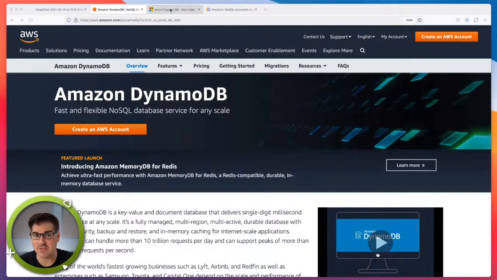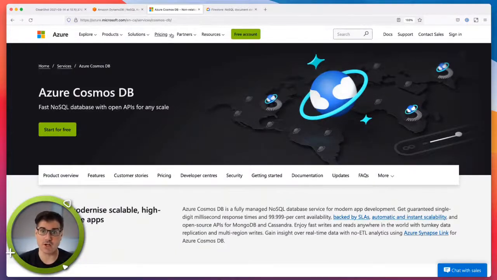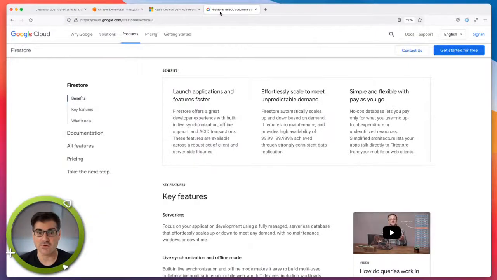So we had Amazon DynamoDB. We've got Azure Cosmos DB. Been in the news a couple times lately, not for good reasons, but it's still a phenomenal data service. And then finally, we have Google Cloud's Firestore. Now, I've got a deep knowledge of the AWS cloud, and I've worked with Dynamo a bunch of times. I played around with Cosmos and have investigated Firestore in the past, but for the purposes of this stream, I'm